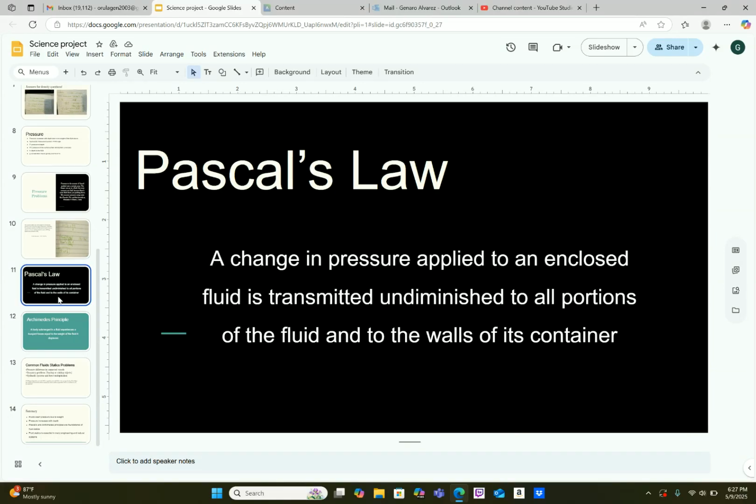It's going to be Pascal's law. A change in pressure applied to an enclosed fluid is transmitted undiminished to all portions of the fluid and to the walls of its container. This is an important concept to remember when dealing with fluid statics. It's an important law that takes place in certain equations and topics of fluid statics,